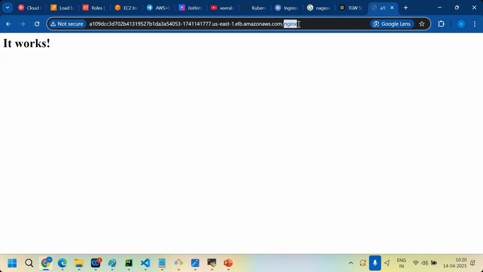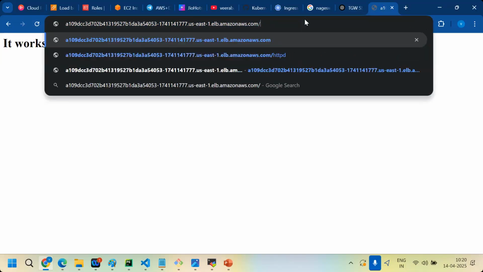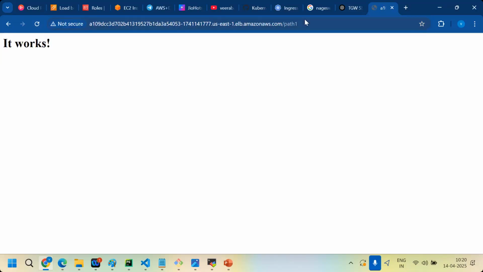Now if I give path 1, will it work? This is refresh. Why is path 1 also working? Okay, let's give another. Okay, got it.